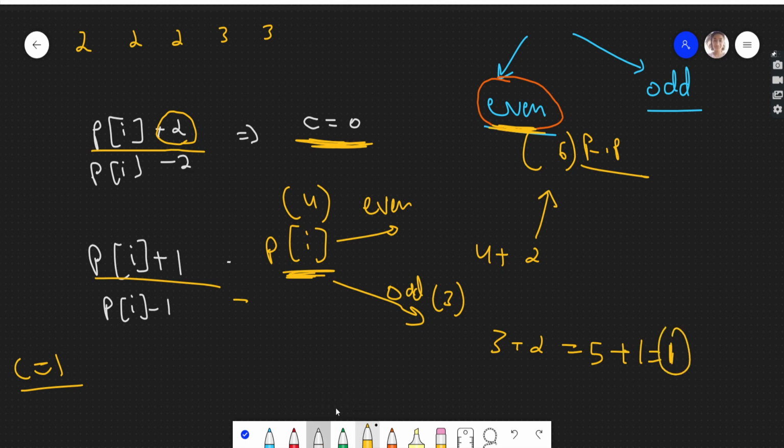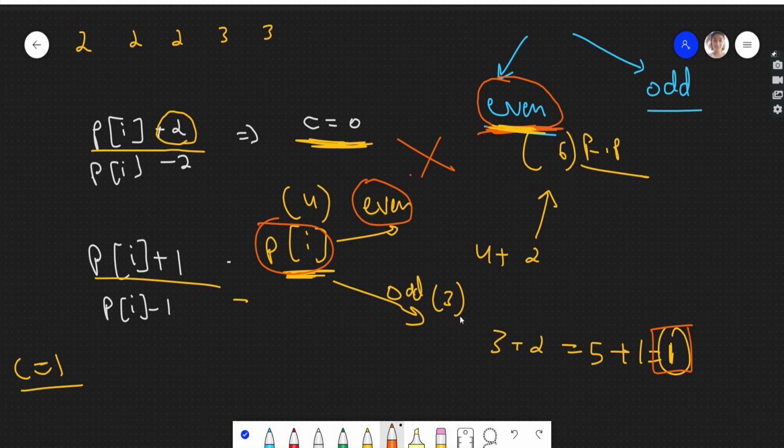So from this what we infer is that if the final position is even and your p of i is even, no cost. And if your final position is even but p of i is odd, then you will have cost 1, right?